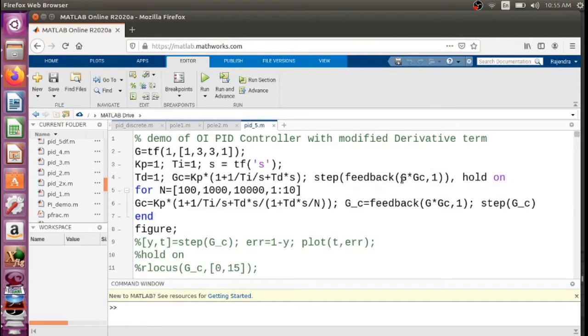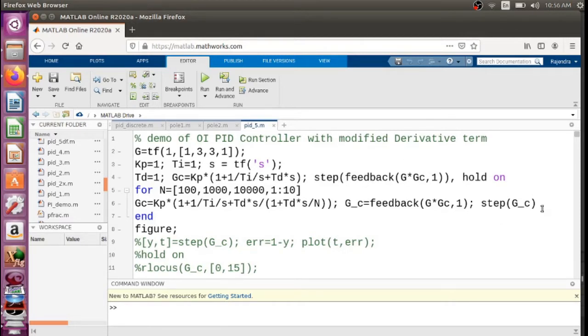When the feedback function operates on this term, you get another system called the closed loop transfer function, and we are taking the step response of the closed loop transfer function.